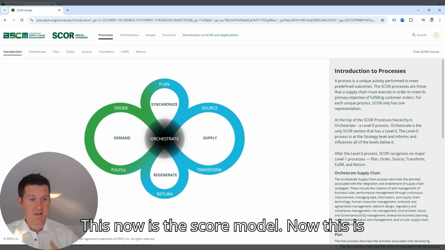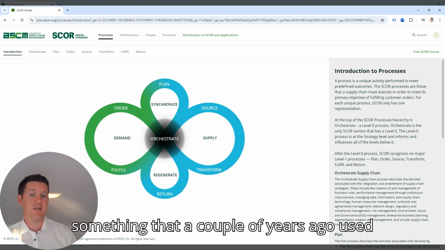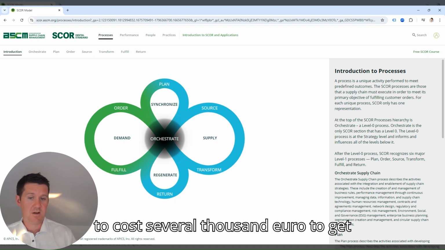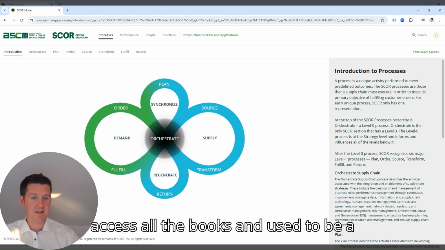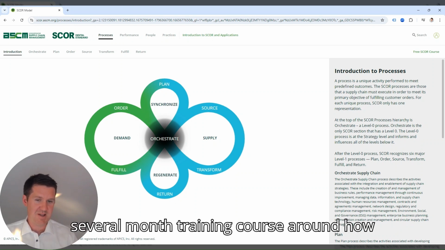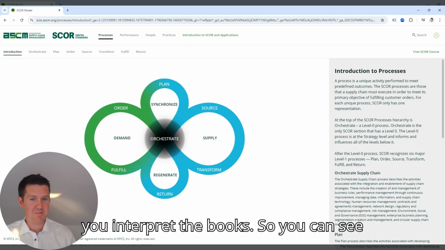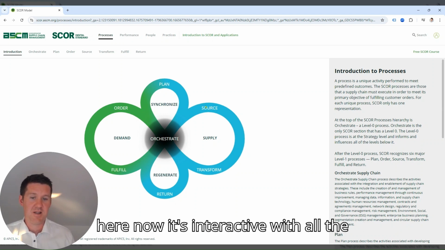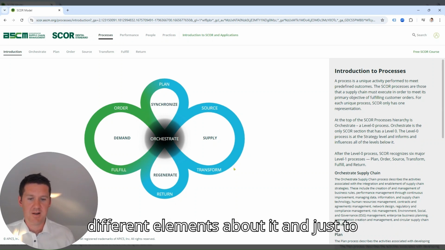this now is the SCOR model. Now this is something that a couple of years ago used to cost several thousand euros to get access to all the books, and used to be a several month training course around how you interpret the books. So you can see here now it's interactive, we've all the different elements about it,